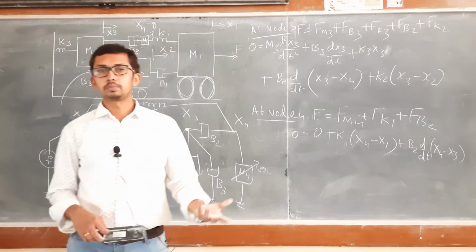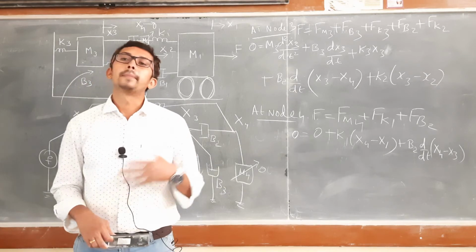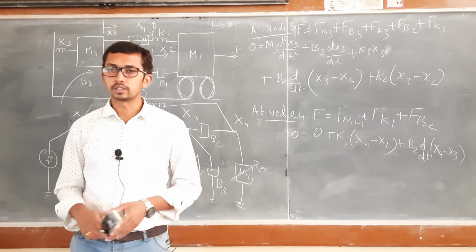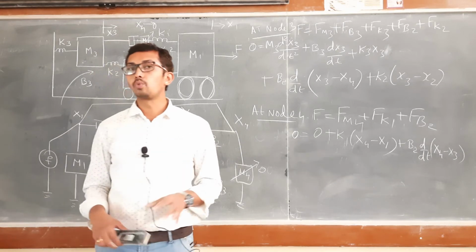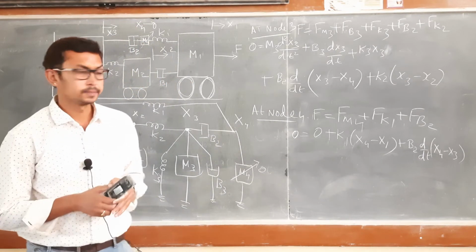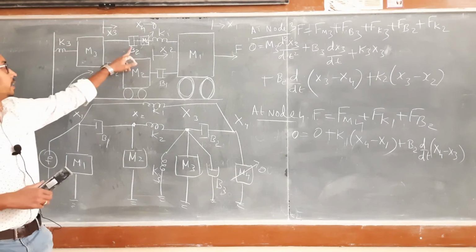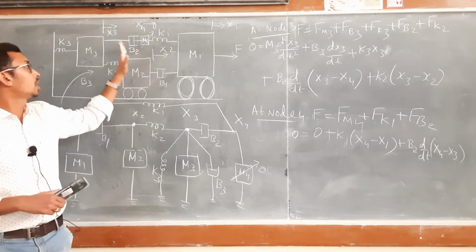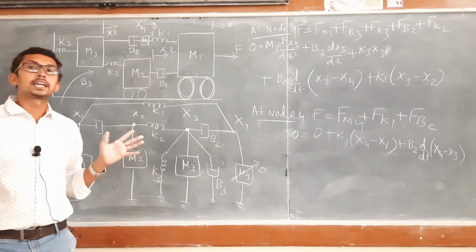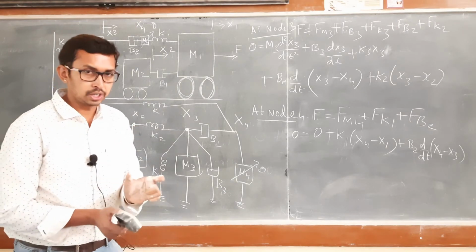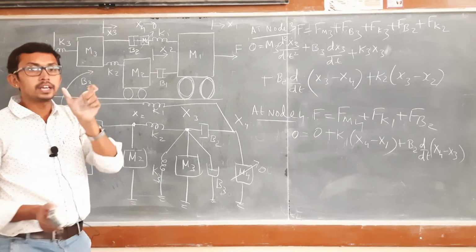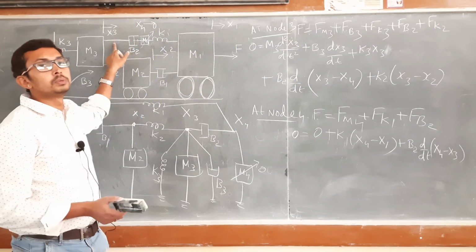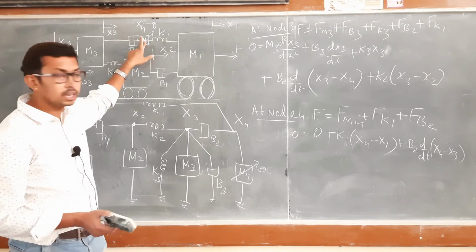The problem which has been given is to write the mechanical network for the given system as well as to write the differential equation for the given system. The main thing we have to note in this problem is when a damper and spring, or spring and spring, or damper and damper are connected in series, in such cases we need to consider a mass in between those two elements.